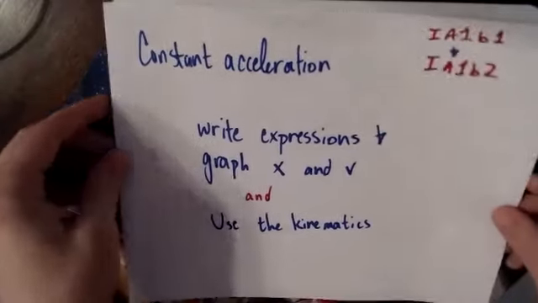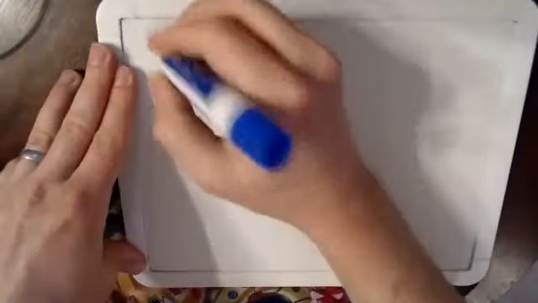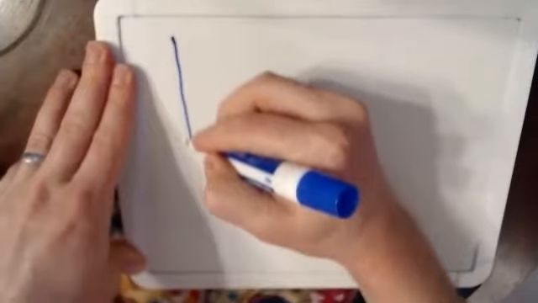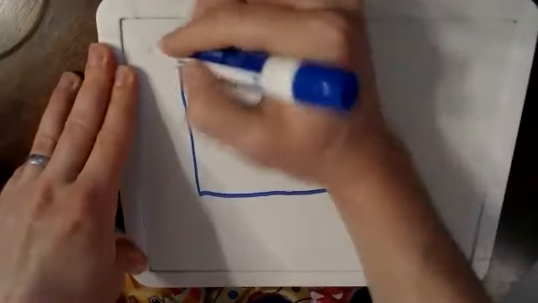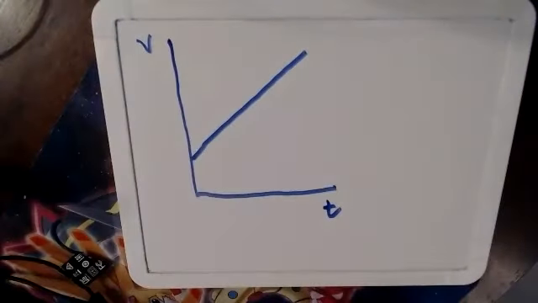I'll go a little bit quicker than I have in the past to go through that. I always start with the velocity as a function of time as my approach. And I would look at something like that, where I have an increasing velocity as a function of time, but